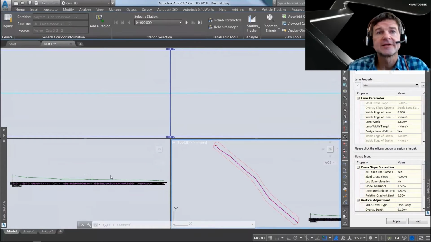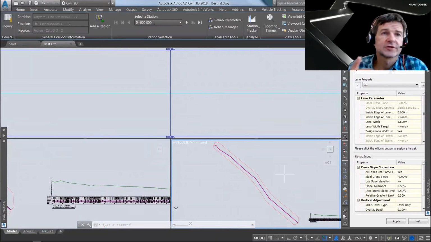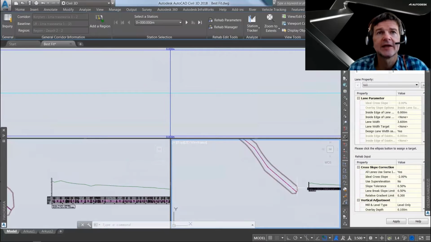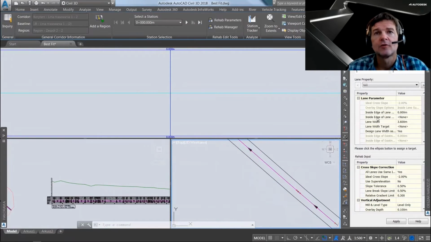My profile. I can see my layout. And of course, in profile, it's only existing ground. In layout, I have my existing condition plus best fit alignment, and then I have a cross section. And now I can define